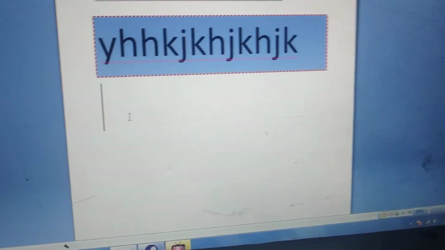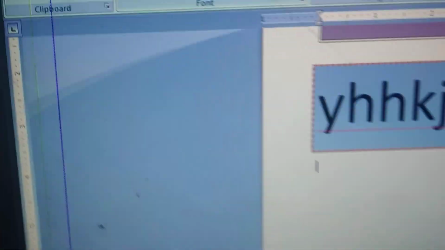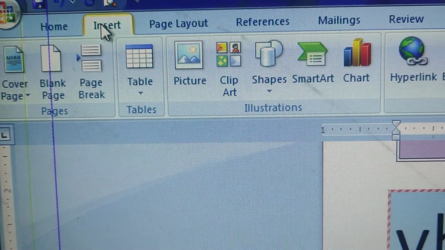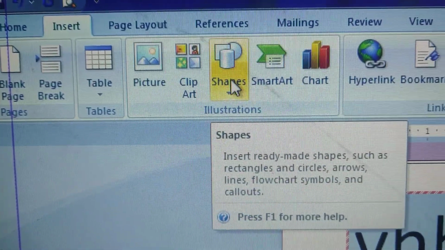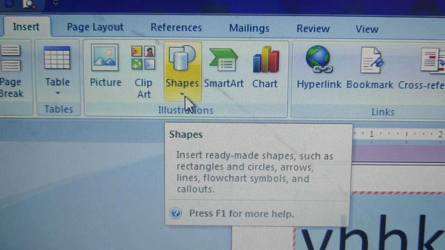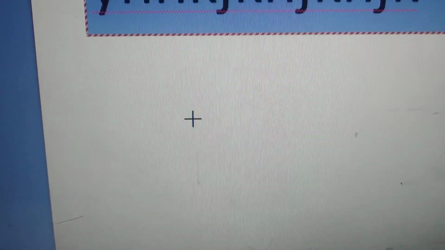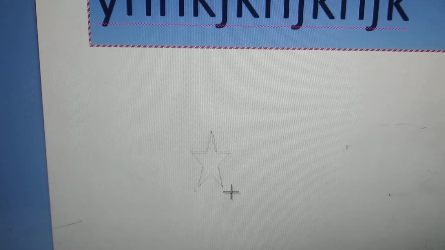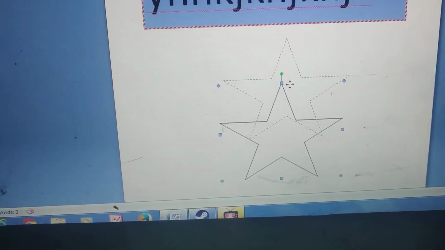Now let us see how to insert a shape in our document. First of all, click on the insert menu, and here we have to insert a shape, so click on shapes. See, one drop down arrow is there. Click on that drop down arrow. Whichever shape you want you can take it, means you only have to click on that, and then you will get one plus sign over here. Press the mouse first button, that is the left button, press it and hold it and drag it. Okay, see, this is your shape.